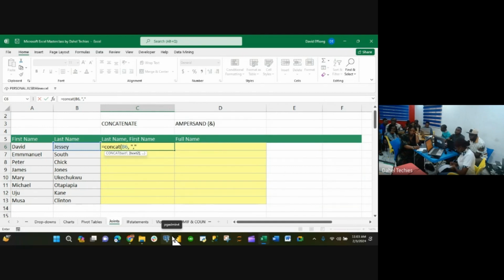You put your comma, you close the quotes. Remember, after your text 1, there was a comma. Because you are treating this as a text, you need to now insert what? A comma. Immediately I inserted a comma, you see, it brought out text 3. That means that Excel has understood that my comma is what? Text 2. Again, don't forget, after the comma, here, last name comma, there is a space before first name. That is how we write. You put comma, a space before the other one. Now we have to treat that space as a word, character.